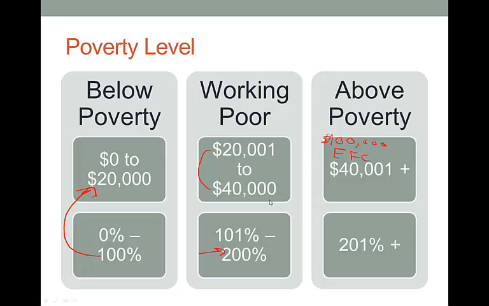So essentially, when we look at charts, what we'll see is 200, 300, or 400%. And essentially what that means is this number multiplied by $20,000. So you'll see 200% is $40,000, 300% is $60,000, 400% is $80,000, and so on. So low income is generally considered these two groups right here. But you may have some low-income students that are in the above poverty section. It just really depends on a lot of different factors.